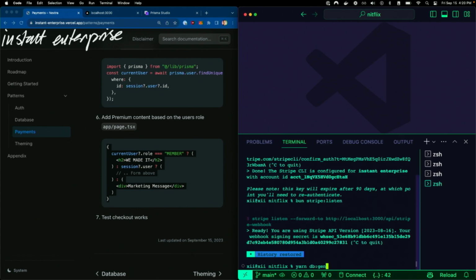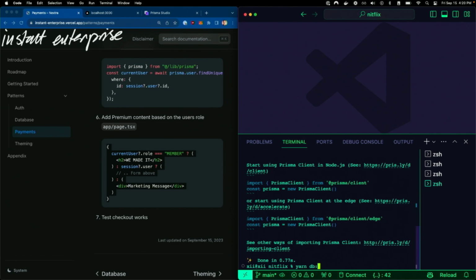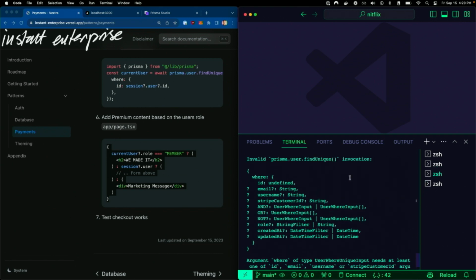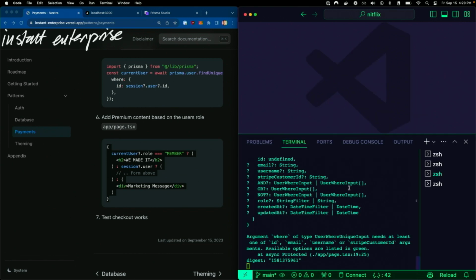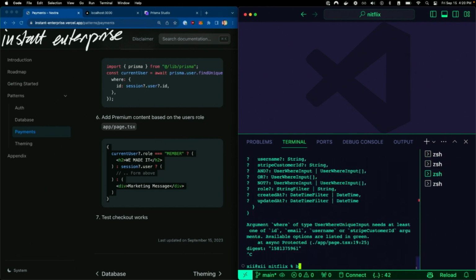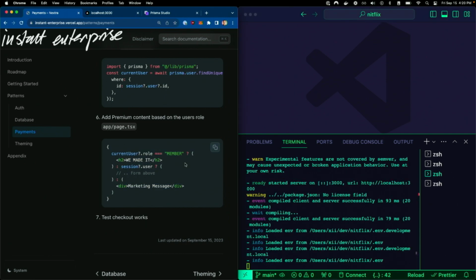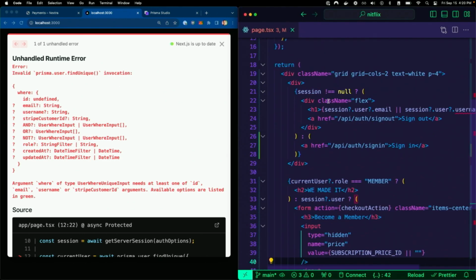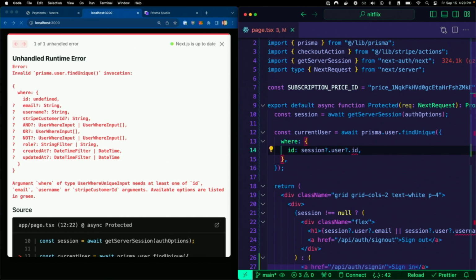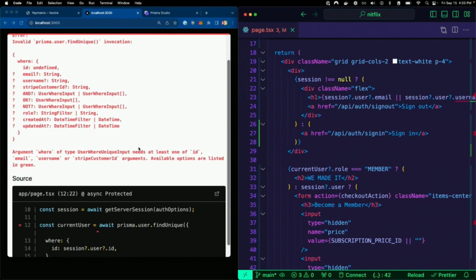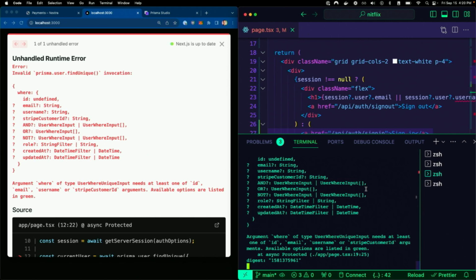Let's run this once more. Something's up with the Prisma. Okay, well,